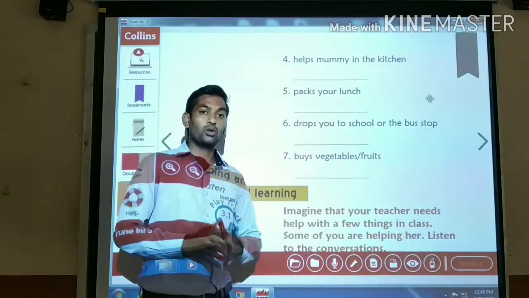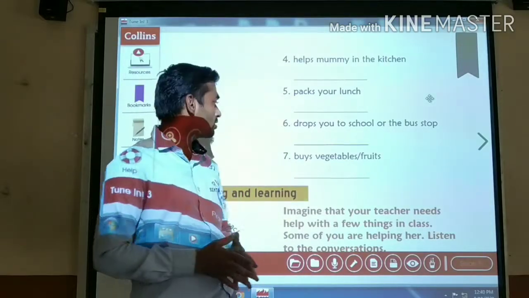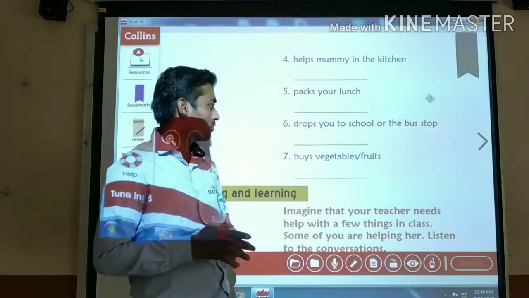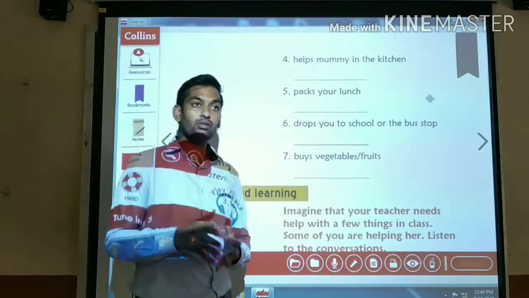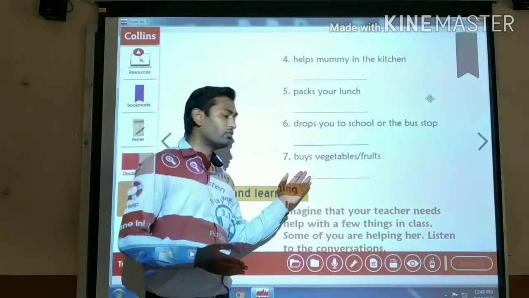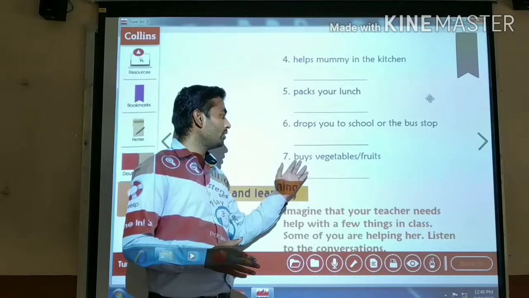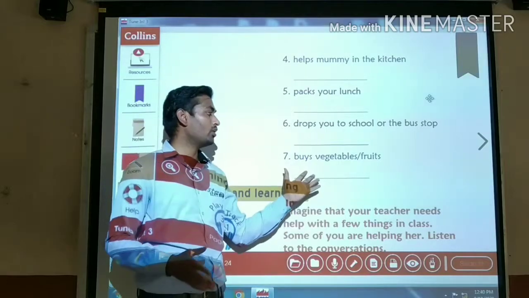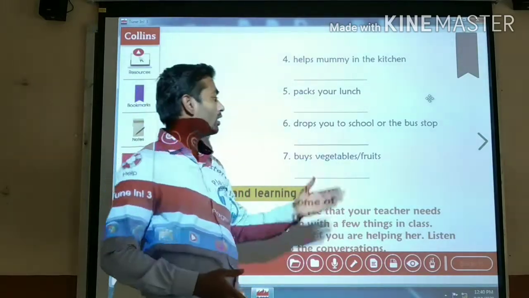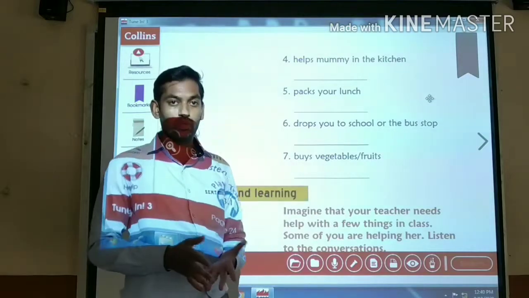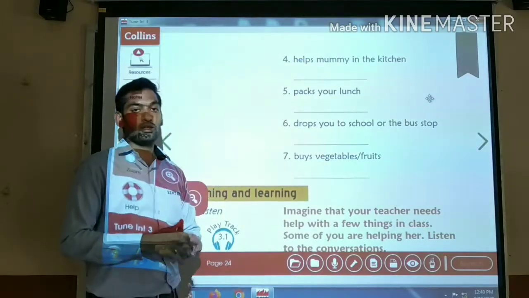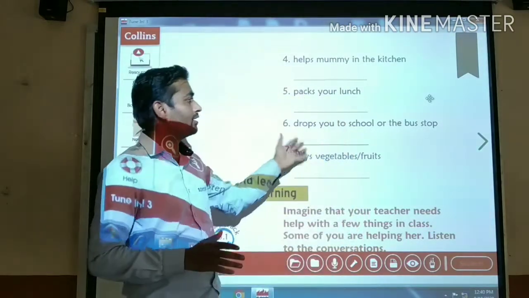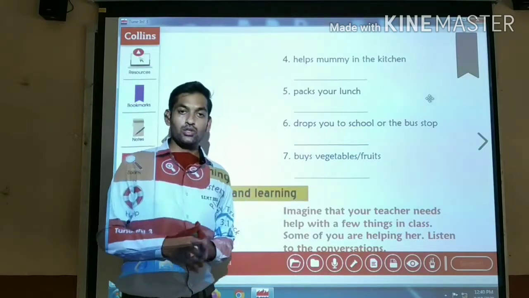And lastly, going to the market and buying different things. Who buys vegetables and fruits? Definitely you eat fruits and vegetables. You will have to write the name of the person who buys the vegetables. For example, my mother buys the vegetables, my grandmother buys the vegetables. If your father goes and buys the vegetables and fruits, you can write his name. I hope you understood that you have to talk about the family member who performs this activity, who does these daily chores.